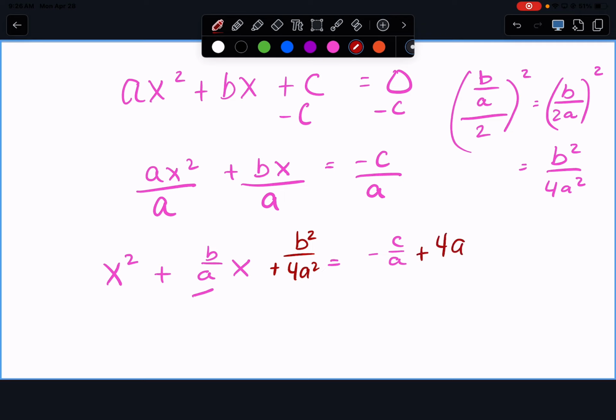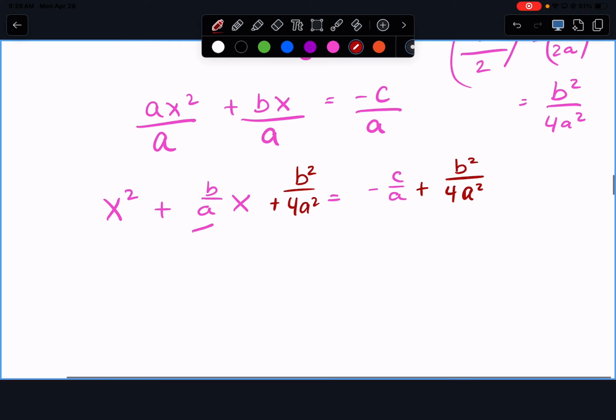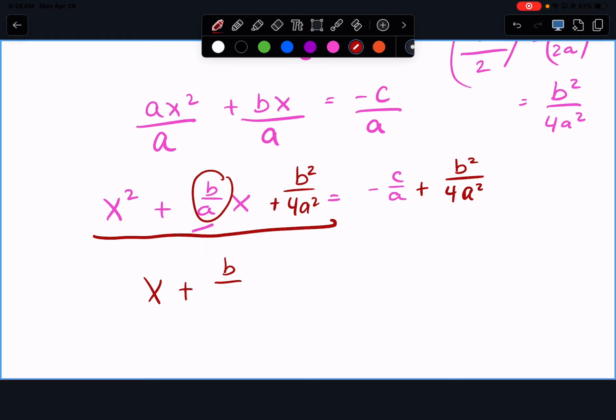A lot of people got to this point or very close to it on the bonus. Where we had some problems was going from this step forward, and I kind of get why. We can factor this by using the trick where we just take half of this term, so we would just do x plus b over 2a